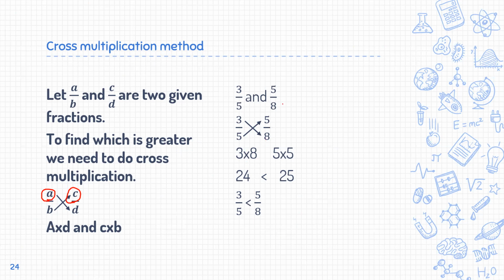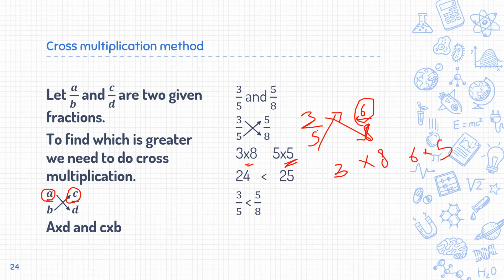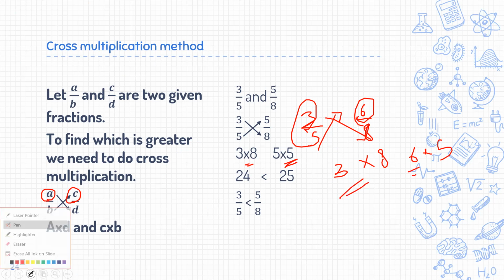ओके, सो जस्ट लाइक ऐसे हमने कर लिया 3/5 और 5/8, हमने एग्जाम्पल लिया, ऐसे कर लिया क्रॉस मल्टीप्लिकेशन. 3 इंटू 8 और 5 इंटू 5. सपोज अगर यहाँ पे होता 3/5 और 6/8, ठीक है, तो आप इसको कैसे लिखते? यू मस्ट राइट इट एज 3 इंटू 8 एंड 6 इंटू 5, क्योंकि हम 6 और 3 को मेन मान के चल रहे हैं, इसके लिए हम इसको पहले लिखेंगे. ओके,